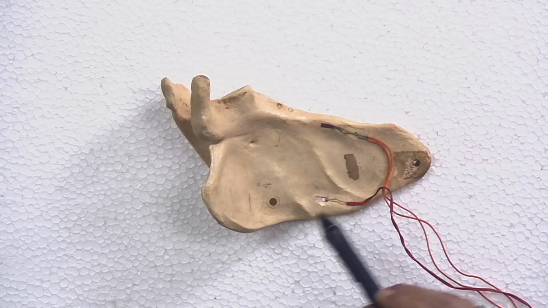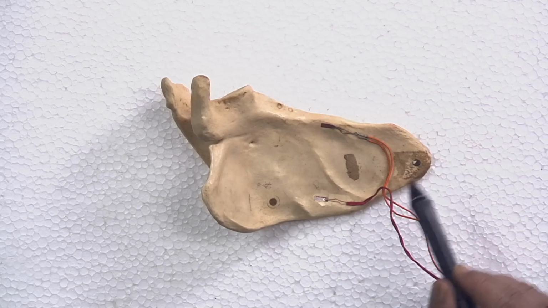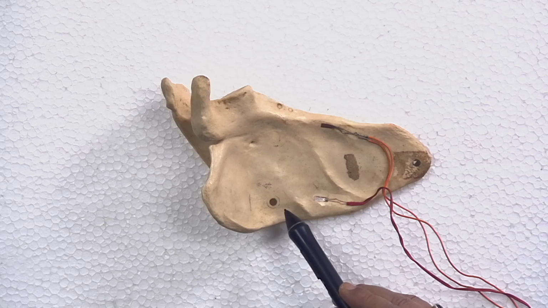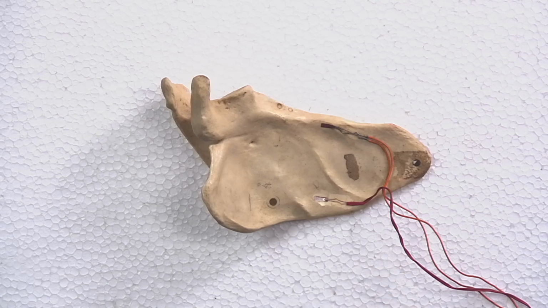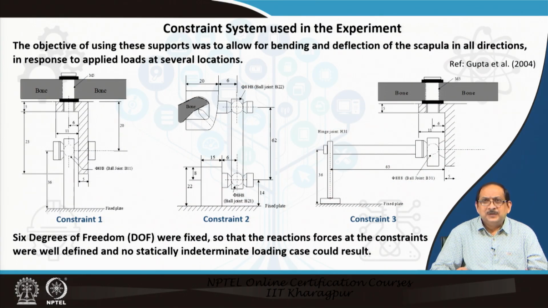Here you can see 2 holes, one on the angulus inferior, another in the fossa area, through which the supporting link mechanisms are attached. Let us just discuss briefly the constraint system used in the